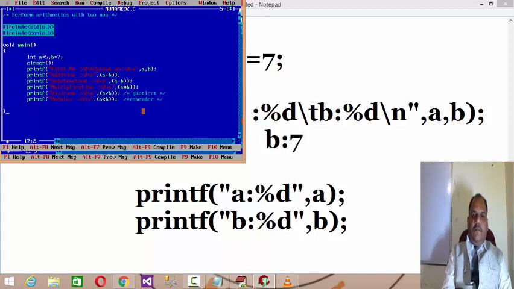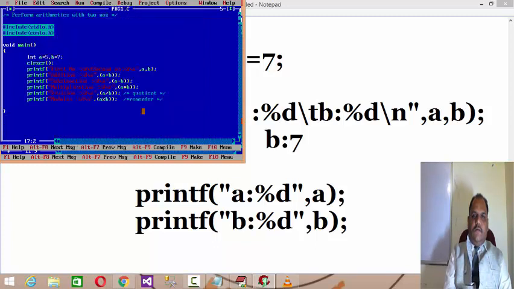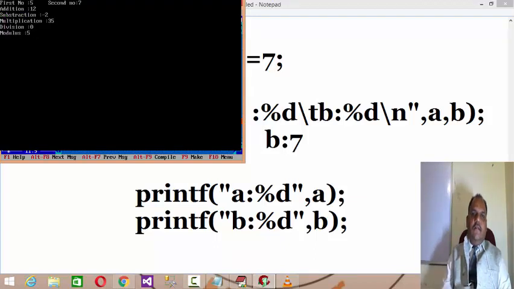And then you complete the program. You save it by some name, like arg1.c. Then you press Ctrl Alt F5. You will get the result. Your first number is 5, second number is 7. The addition is 5 plus 7, 12. The subtraction is 5 minus 7, that is minus 2. Multiplication 35, division is 0 because 5 divided by 7 is 0, and the modulus is 5 because the numerator is less than the denominator. So here no division is possible, but the numerator is equal to the remainder, right? So in this way, you will get the end result like this.